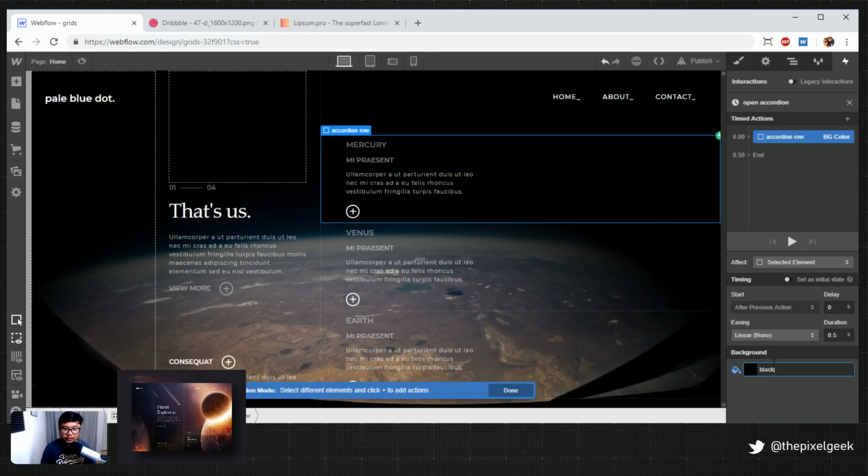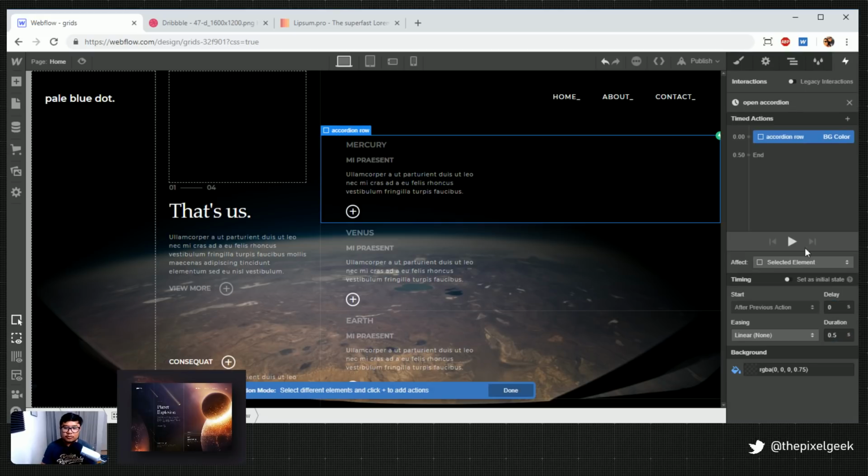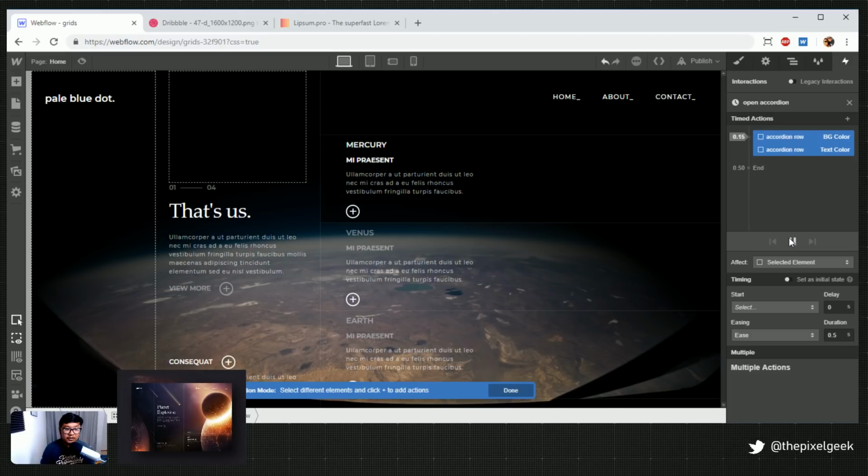Is it full black? No, it's not full black. There's opacity, so we're going to say 75 so you can see through it a bit. Also, the text has to change to white. Cool. And let's set these to ease. Just regular ease. And there we go. So when I click, that happens.